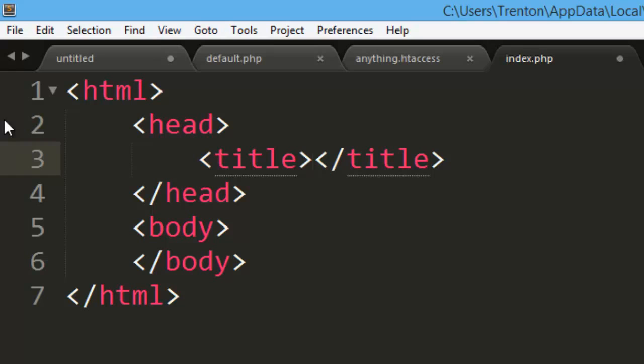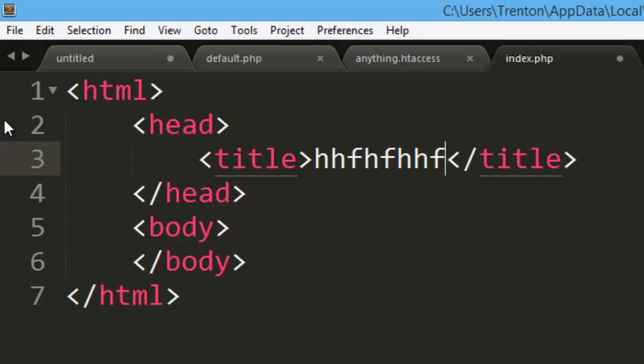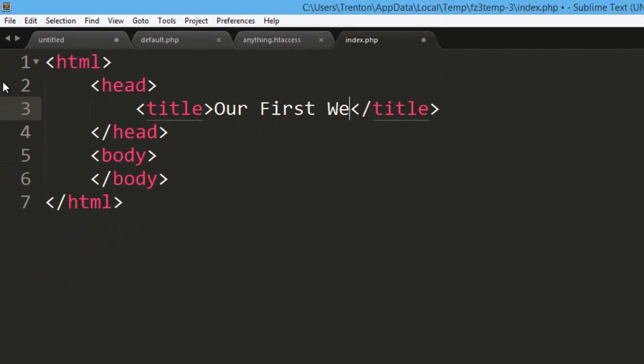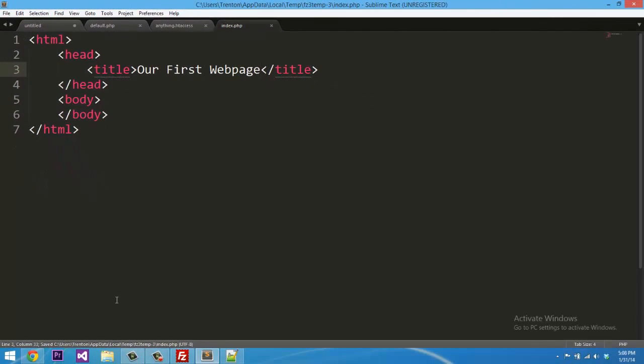Instead of putting a slash at the end of the first tag, by putting a closing tag on the same line, we can still put text in between it. And this is how we set our title. So in between the two title tags, we can set it and say, our first web page. And if we save that,